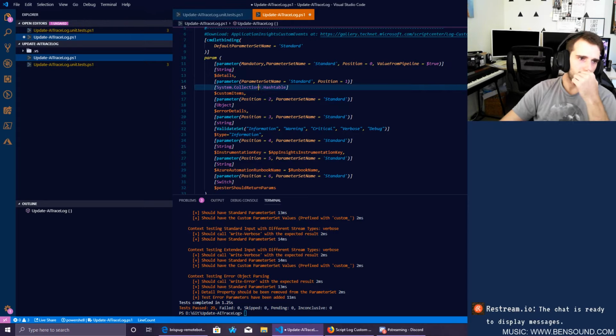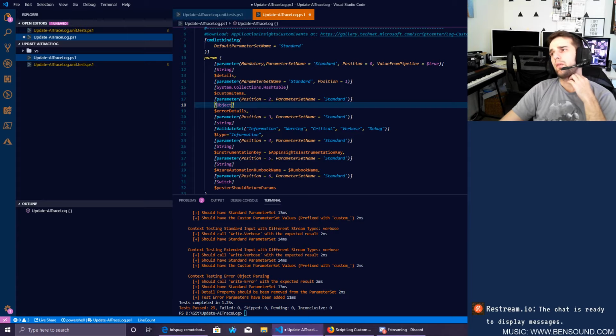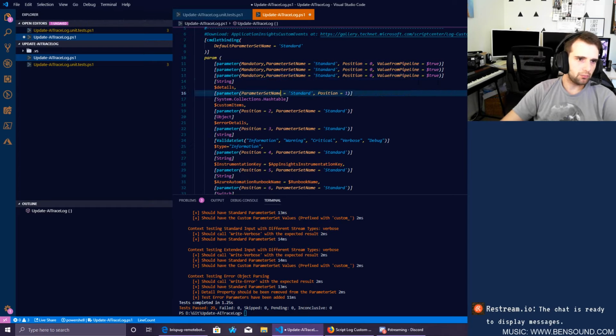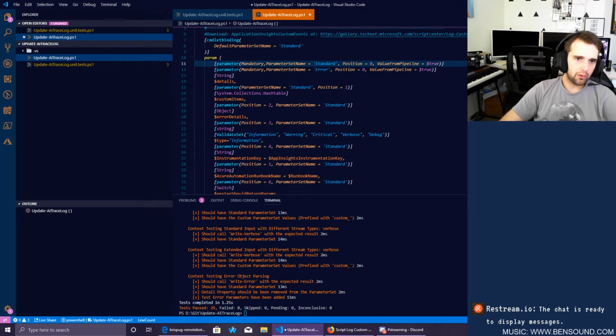We've got our hash table. So these are custom items or error details. So I think these can go on their own parameter sets. They realistically are just not really that valid. I think if you're going to want to expand on items, you're generally just going to want to pass an object through for debug. So my idea maybe is to create new parameter sets. So what I'm going to do is create new parameter sets here. So we're going to get standard, and then we're going to have error, then we're going to have expanded, like so. I'm just going to put that one above so that it's a little bit more